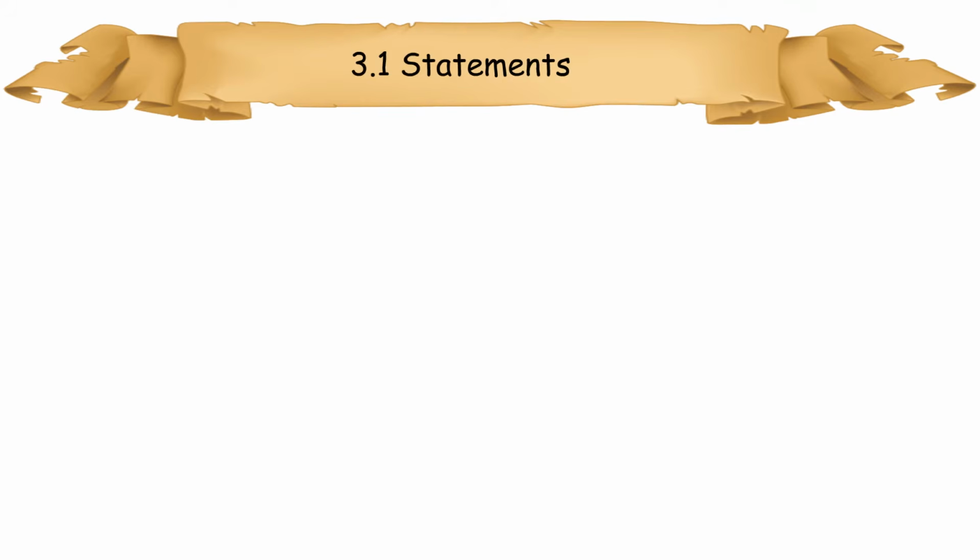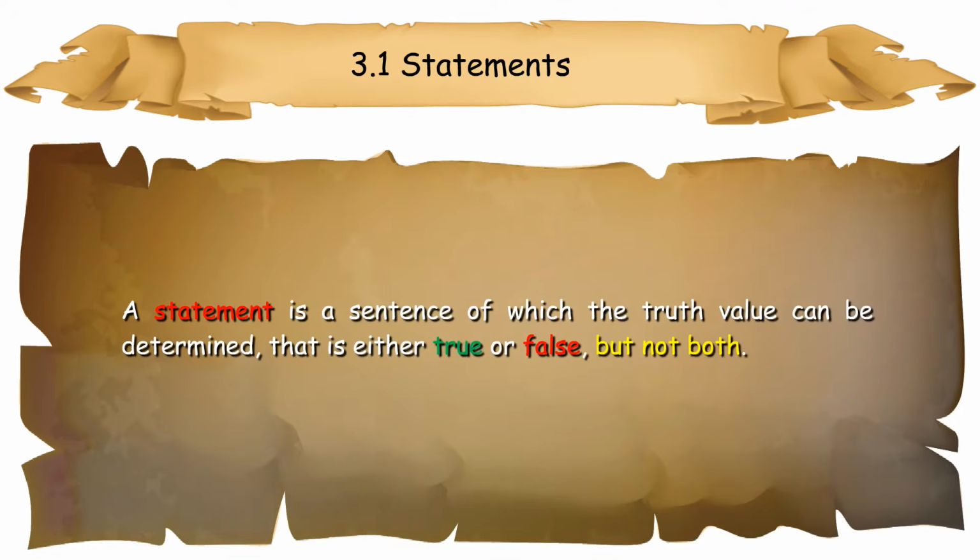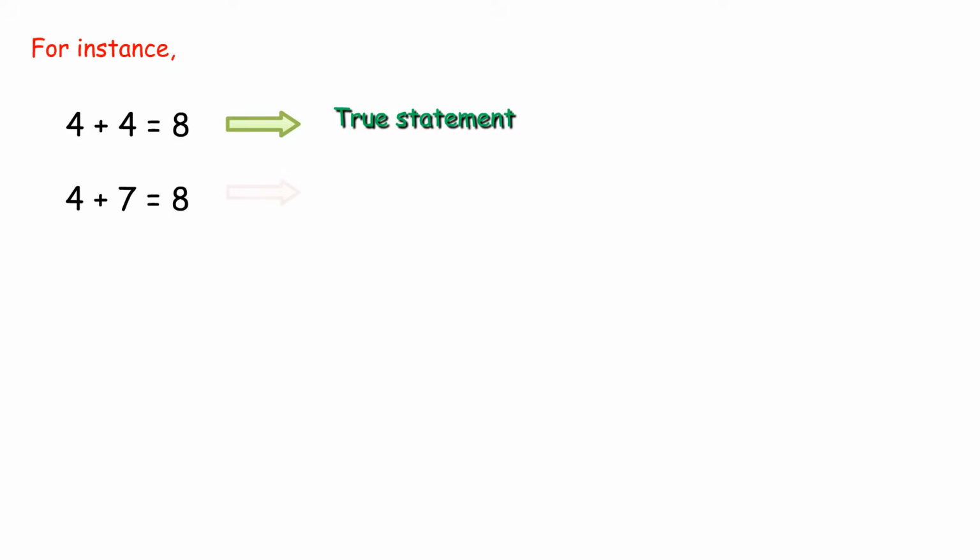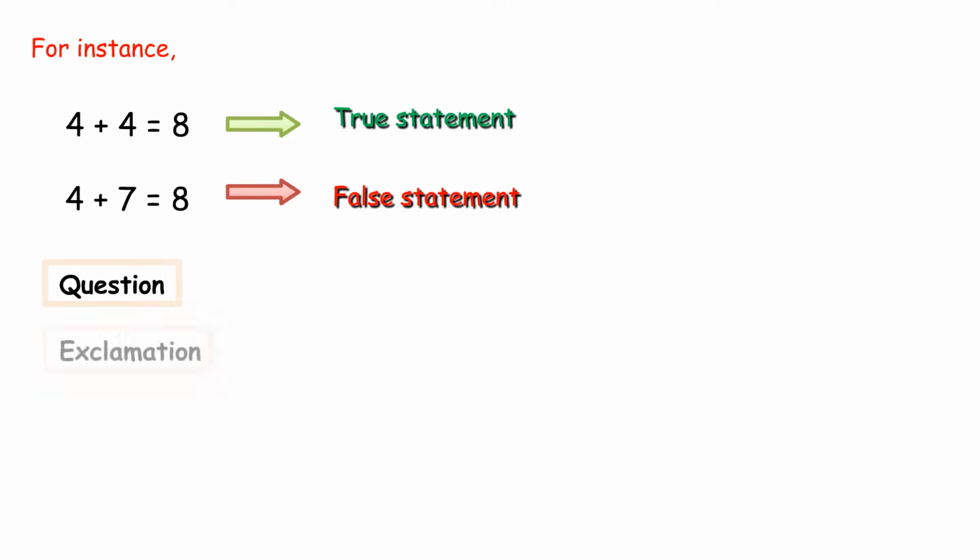3.1 Statements. A statement is a sentence, of which the truth value can be determined, that is either true or false, but not both. For instance, 4 plus 4 equals 8 is a true statement, 4 plus 7 equals 8 is a false statement. Question, exclamation, and command sentences are not statements, because the truth values of these sentences cannot